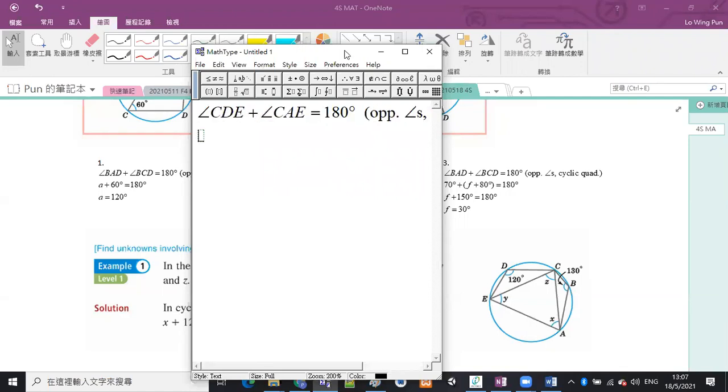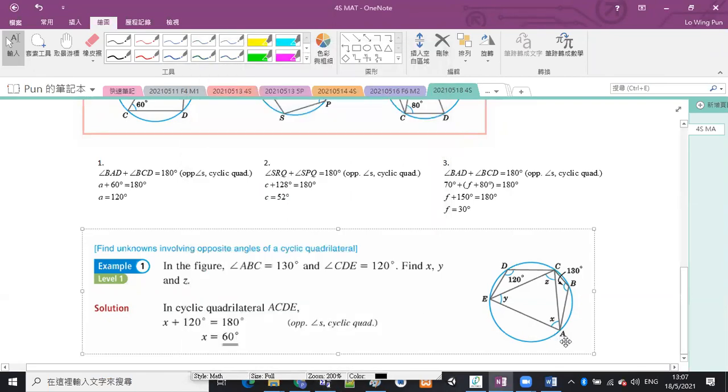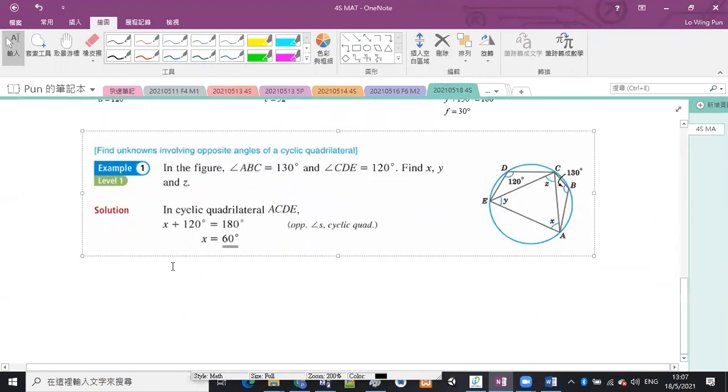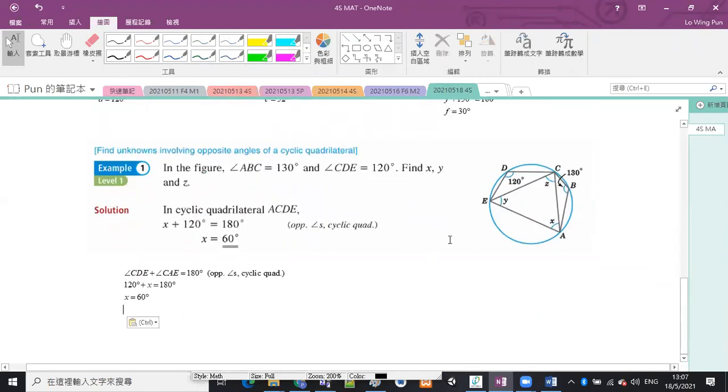Okay? And this is 120 degrees plus X equals 180 degrees. So X should be 60 degrees. Right? X is 60 degrees. Okay, so that is how we can find the x, but we still need to find y and find z. Okay, to find y,